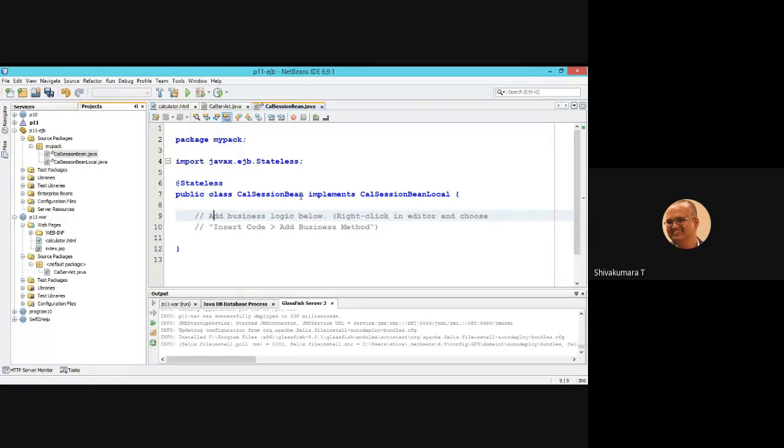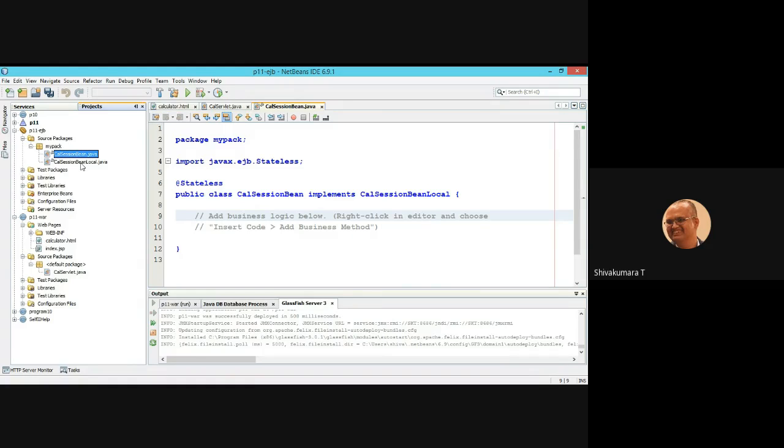Now, when you click on finish, it is going to create two files. What you have created is a single file, that is the CalSessionBean.java file. In addition to that, it is going to create one more file called the interface file, that is CalSessionBeanLocal interface.